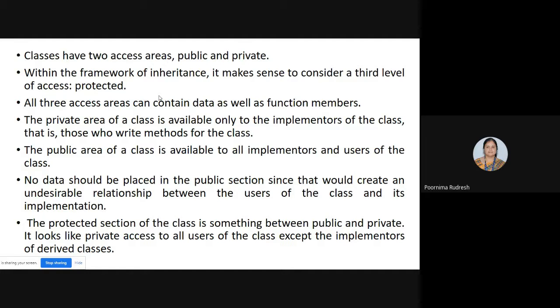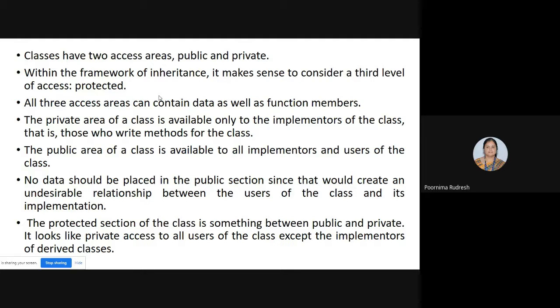They stress avoiding data declaration in the public area. And then what is the protected section?